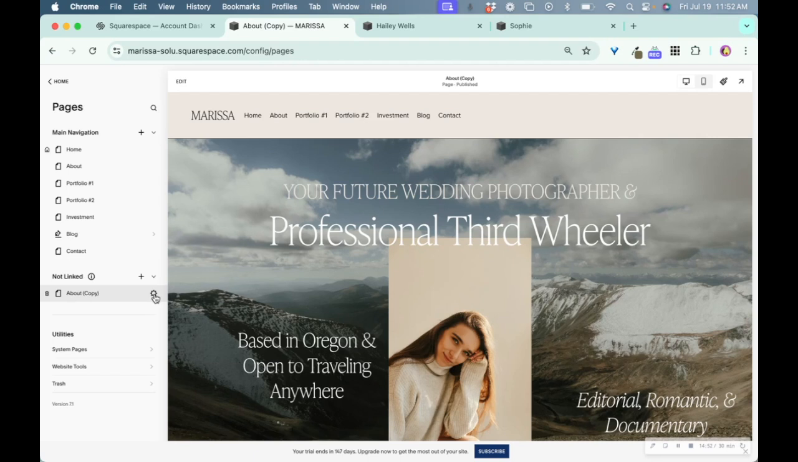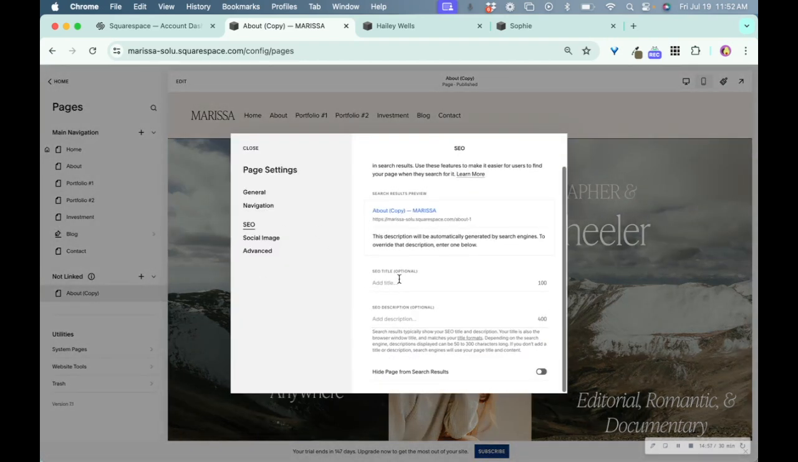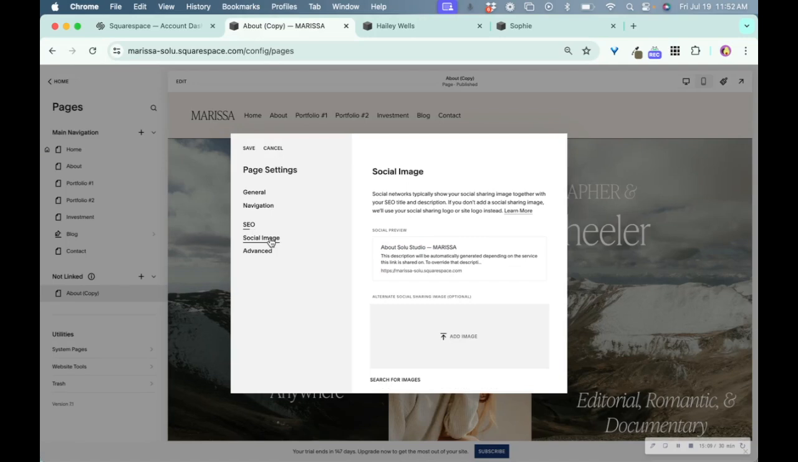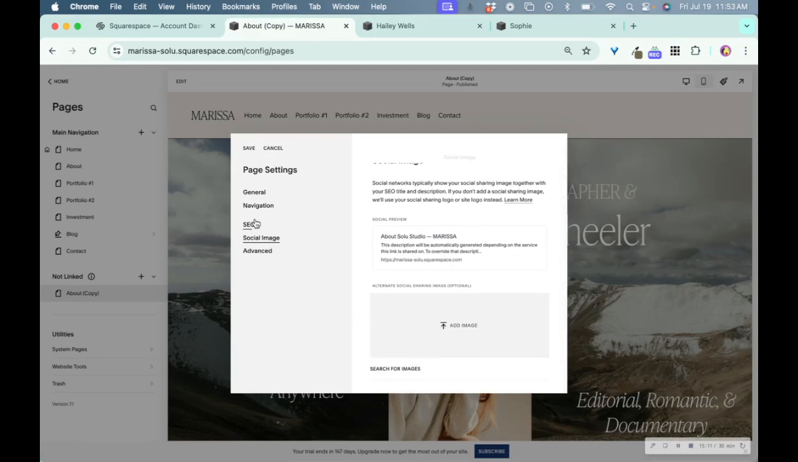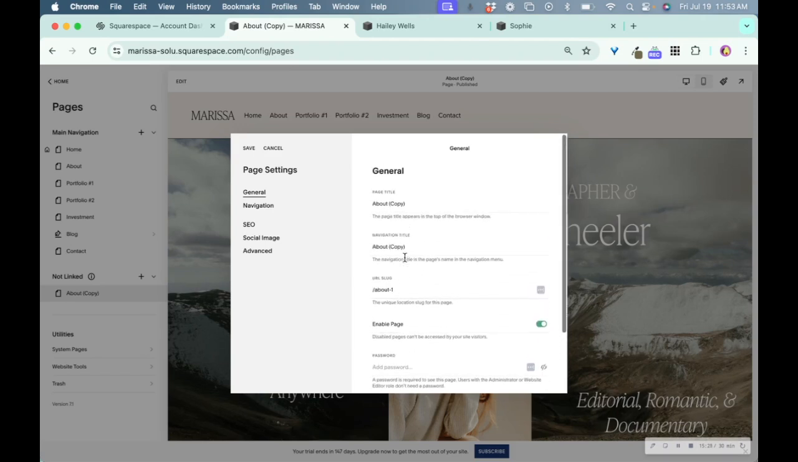Okay, so let's talk about your SEO settings. So you're going to want to click on SEO and then enter the title name. So say, for example, about, and then you're going to want to enter in your description here and then enter in your image here. And then make sure that everything is aligned. Make sure that your URL looks good because sometimes if you make a copy, Squarespace will add like a number